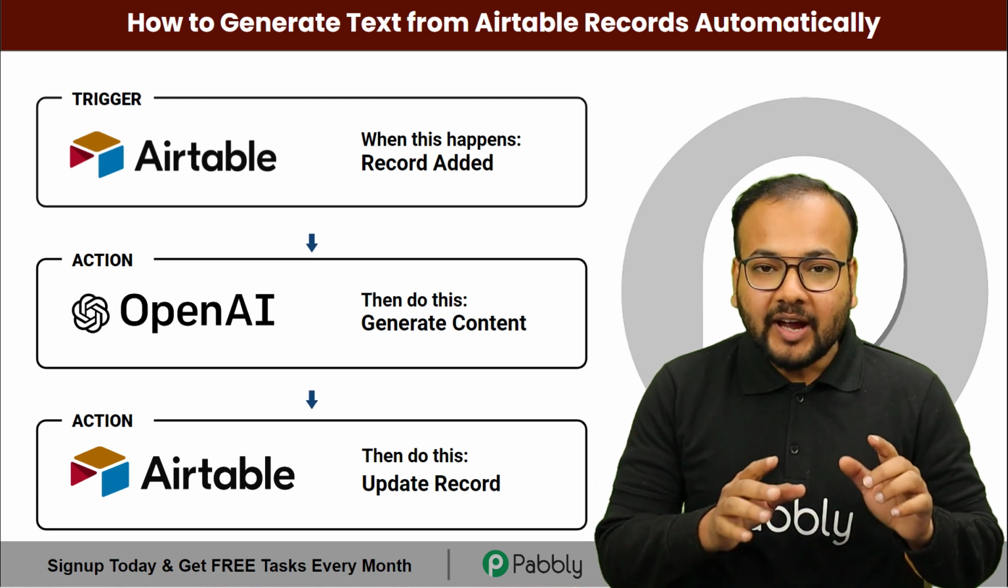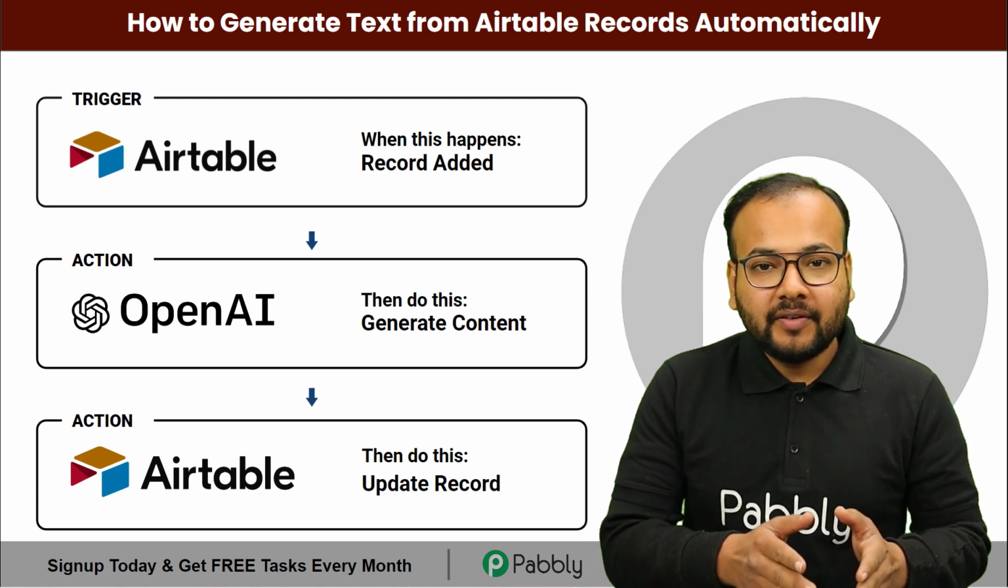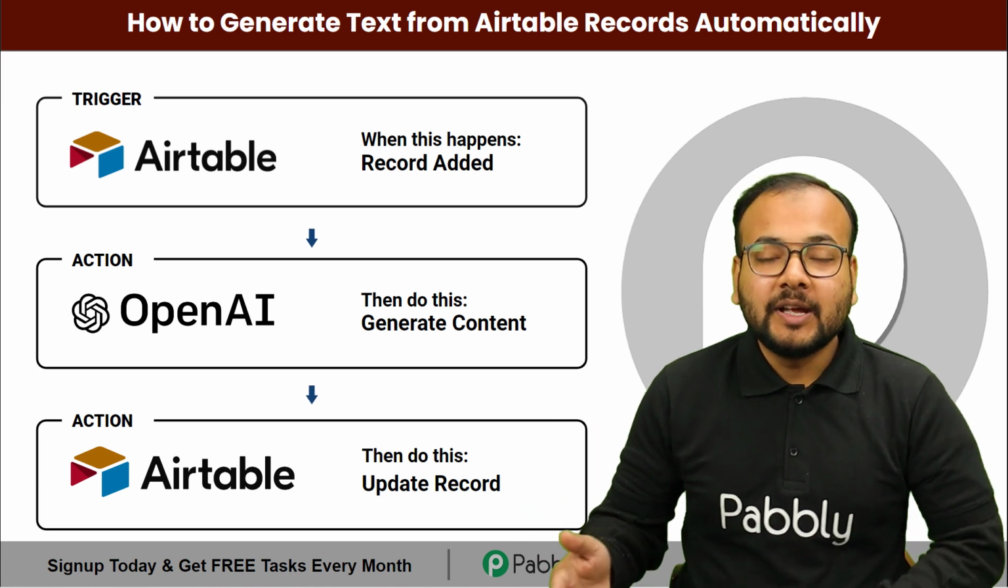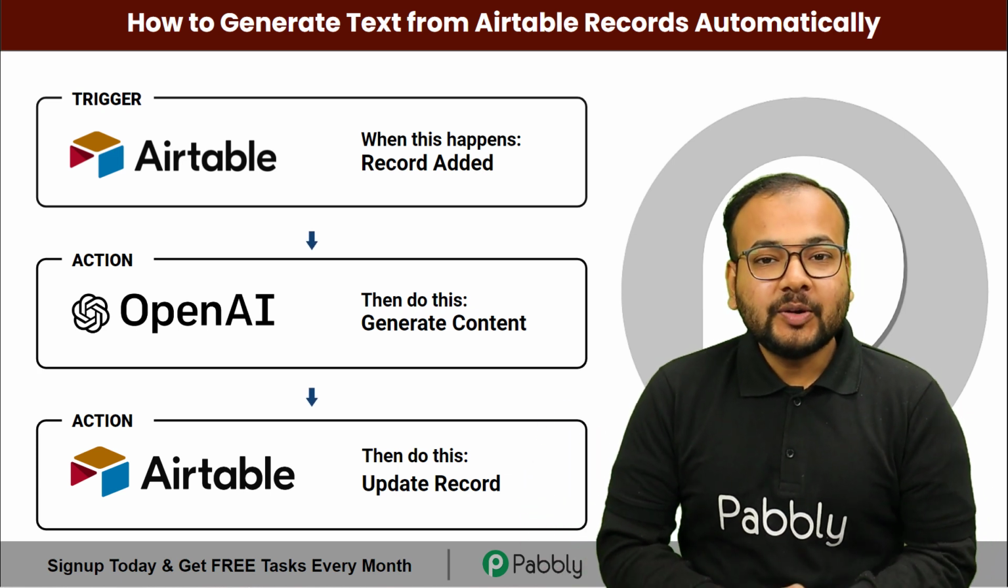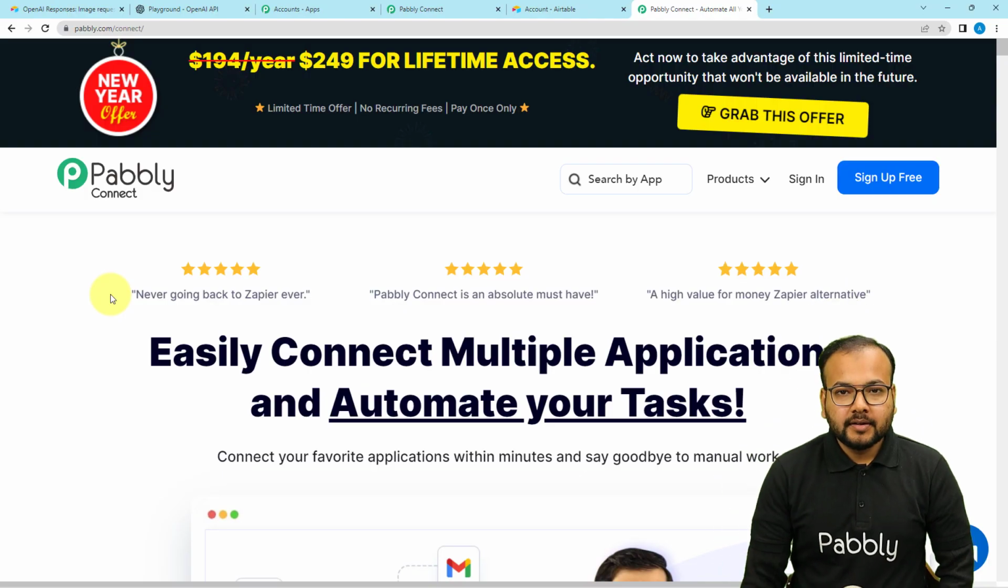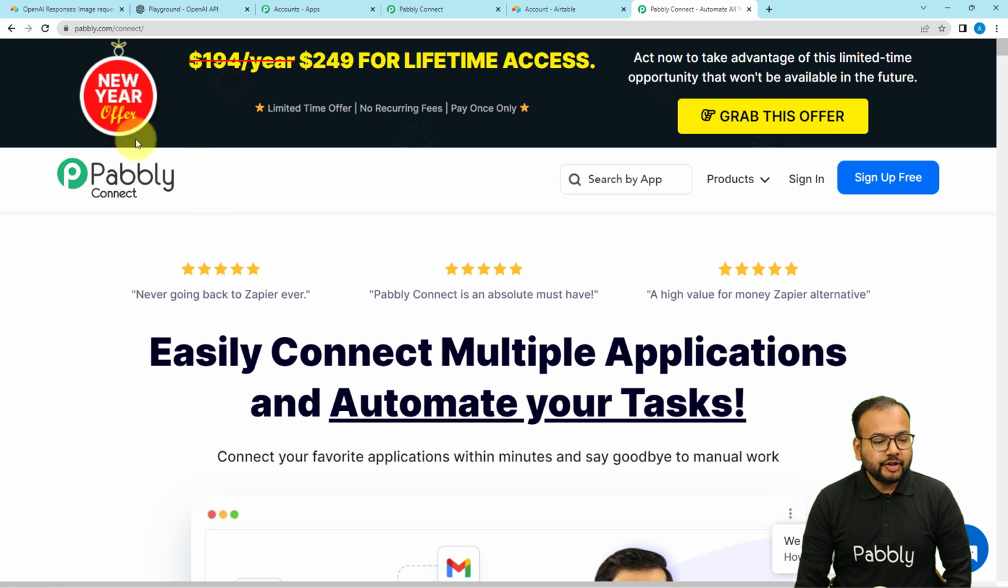So you just have to add the request in one column of Airtable and you will receive the generated content in another column. And guys, we are going to set up this automation without any coding, super easily. So let's begin. We are setting up this automation using Pabbly Connect, which is an automation tool, and this